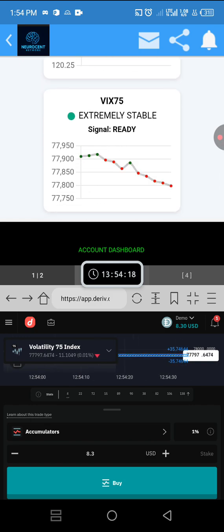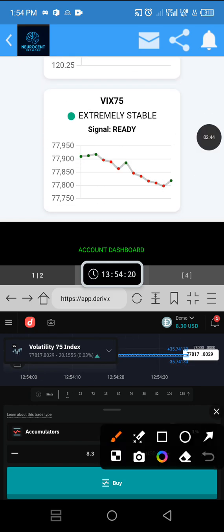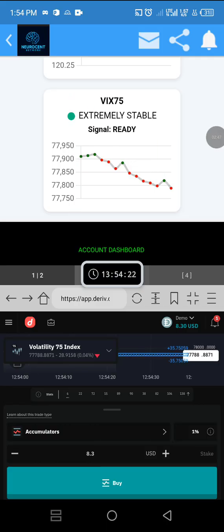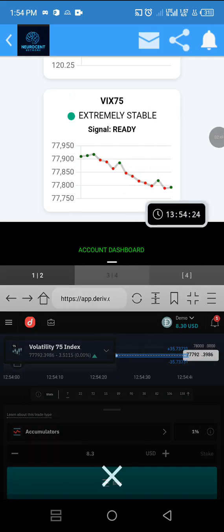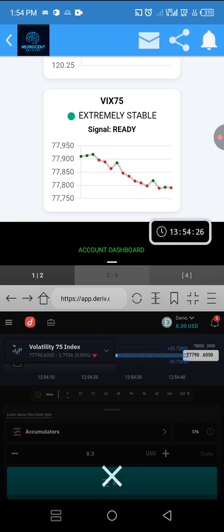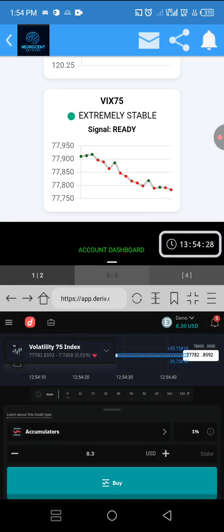Can you see? Now Volatility 75 is extremely stable. This is a good entry for us to enter. And here is our timer. We need this timer also. So what this timer basically does for us is that